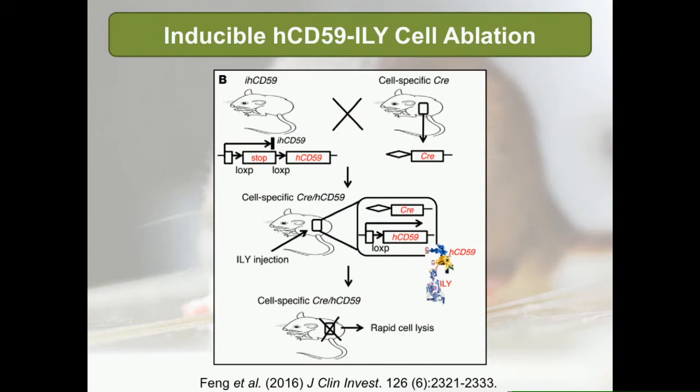So we wanted to go on and make an inducible model. And we also wanted to demonstrate that you could ablate cells in a solid organ. So the mouse model that was made next is the one shown here, where we floxed a stop in front of HCD59. And that way you could mate this particular animal to the Cre animal of your choice,